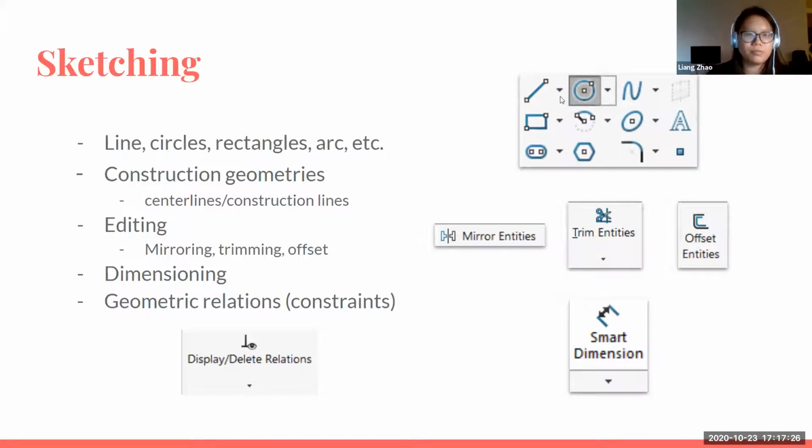Typically the construction geometries are construction lines and center lines, and they're found by using the drop-down next to the line tool. When we finish our sketch profiles, we'll usually edit them using tools such as mirroring, trimming, or offset, which are all very helpful for simplifying the sketch. For example, if we have a symmetric drawing, instead of drawing the entire face out, we can just draw half of it, use the center line,